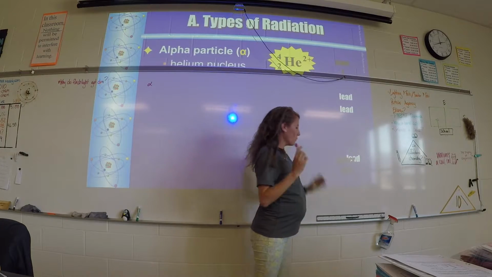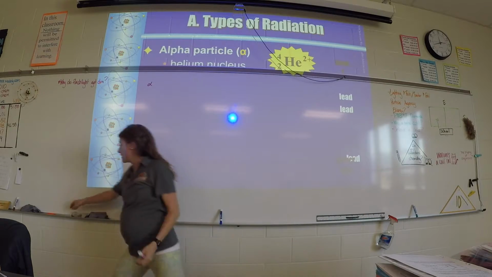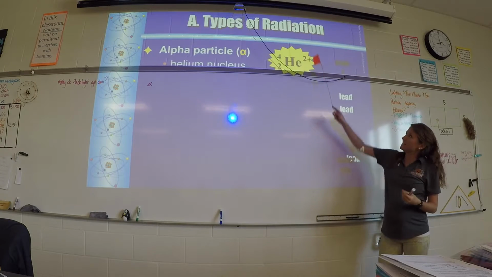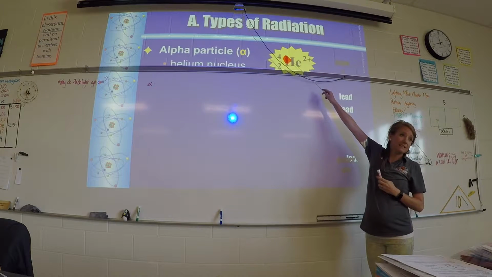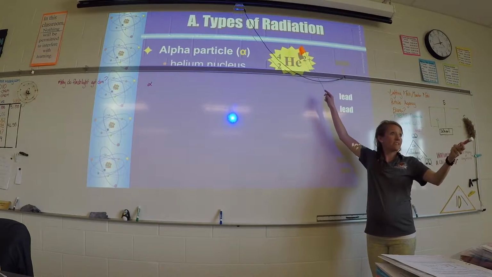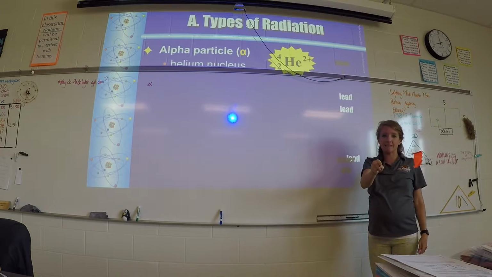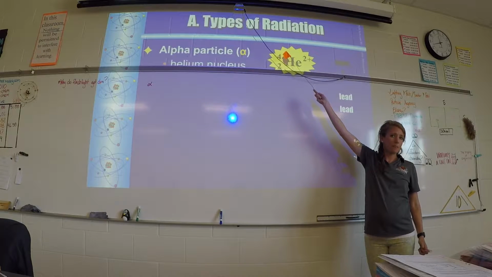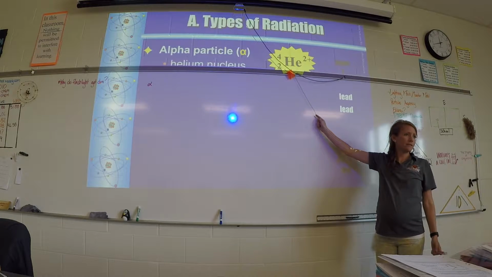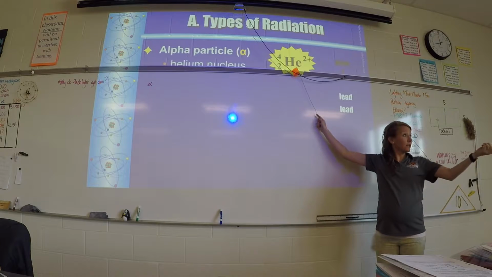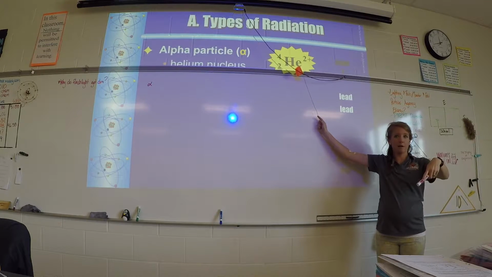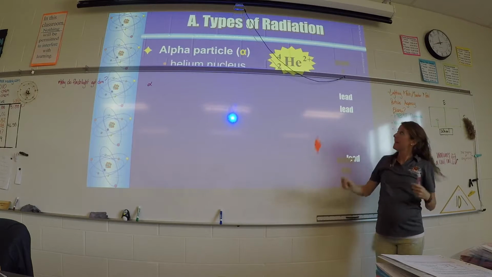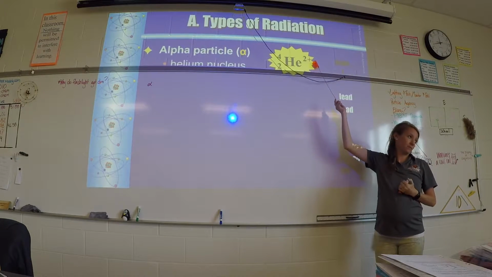It's been a while since we've looked at these symbols, so let's review really quick and fill in the other parts of that first line. What does this top number represent? The mass. Good. So the mass of an alpha particle is 4. What's this bottom number? It's the atomic number or proton number, which makes sense, since helium has 2 protons. And then the charge, of course, is +2.